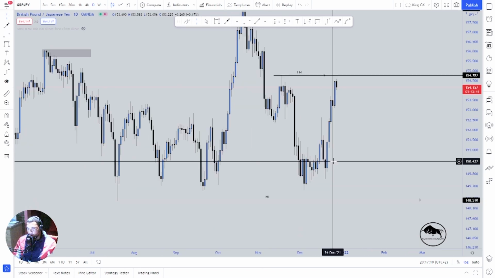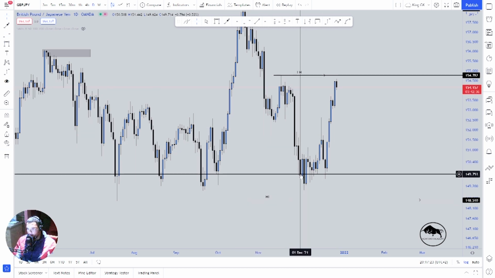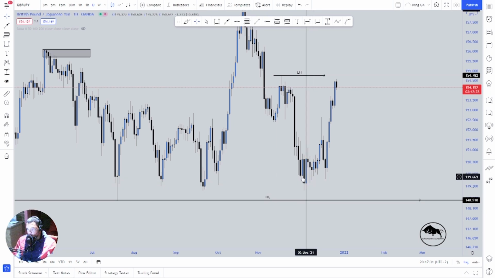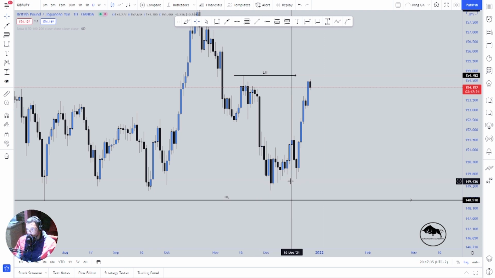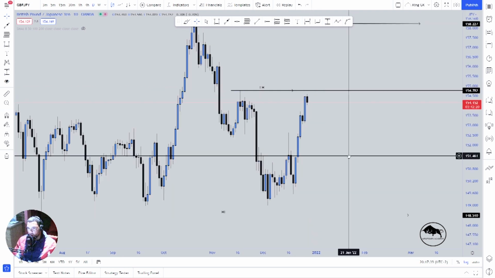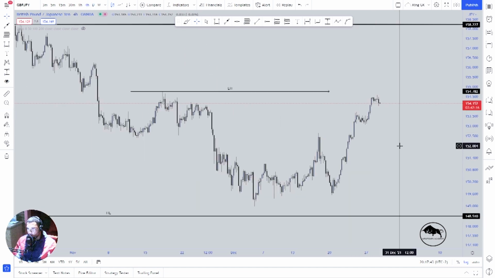As you guys can see, price did come here to the downside with this impulsive move to the downside, did come and test this region right here, did test this region here as well. Price wasn't able to break underneath it. Price started to stall, creating this level of support and starting to range. And now we can see we have this rally here to the upside. So if we scale on to our 4-hour time frame,